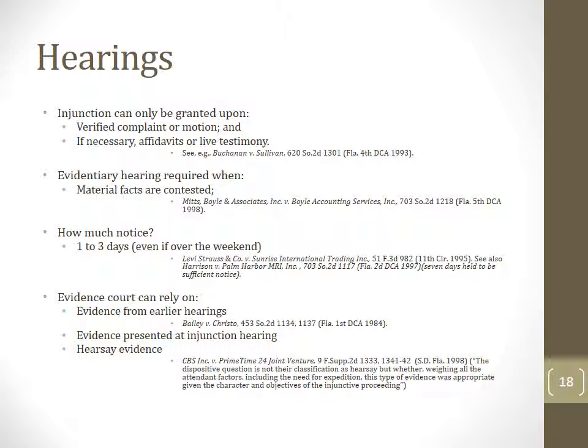Evidence that a court can rely on: they can rely on evidence from earlier hearings, and that actually may depend on the type of hearing that you're at. Also, evidence presented at that hearing, and then importantly, hearsay evidence may be relied on. It's not a matter of all hearsay evidence always being permissible, but the court has the discretion to weigh the factors and determine whether